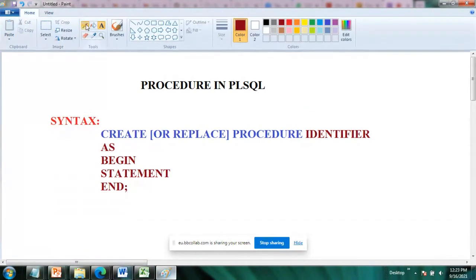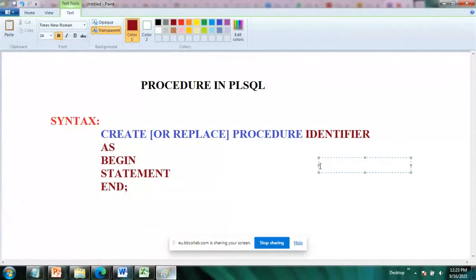See guys, as I have already told you, in normal programming you write, for example, void sum. If I tell you a small program, program meaning just a code here, void sum. So what is that particular block? That particular block is a block of code that is going to be executed whenever it is required.